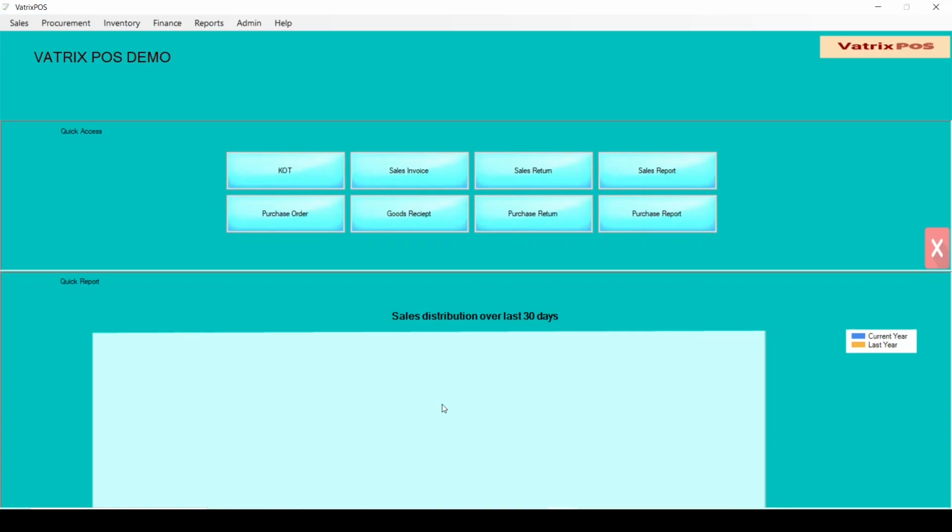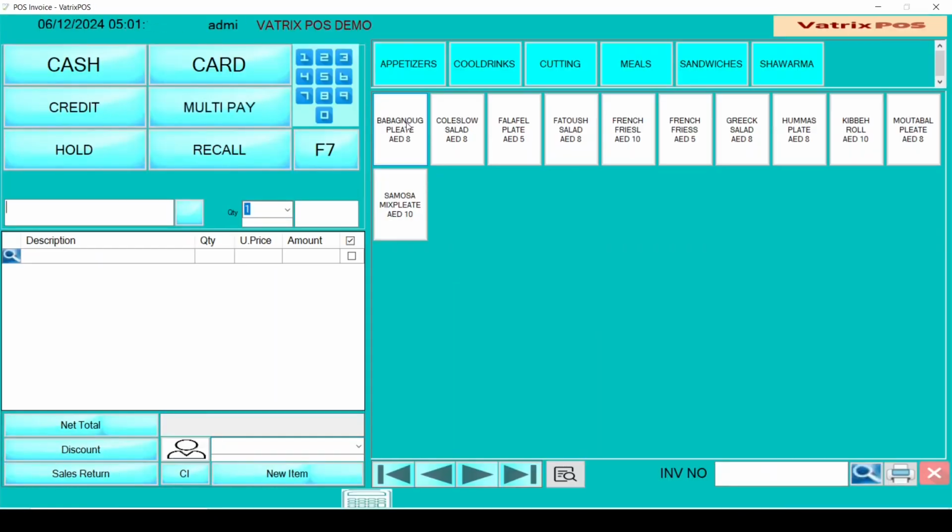Hello, now I will explain how to change the color of category-wise item buttons in the Vatrix POS system. If I go to sales invoice, I can assign different colors to menu items for different categories. I can do this by going to